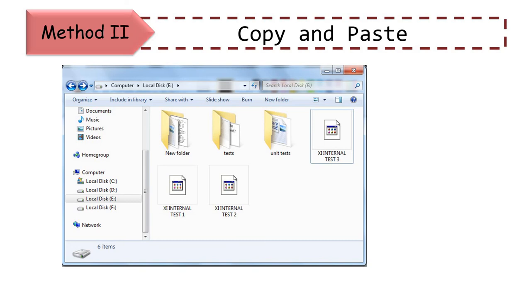So you can see that these three files are present. These three files which we selected for copying are present in the source location as well as in the destination location. So that is the difference between moving and copying. In moving, the files are removed from the source location and pasted in the destination location. When you are copying the files, the files will be present in both the locations, both in source as well as in the destination.